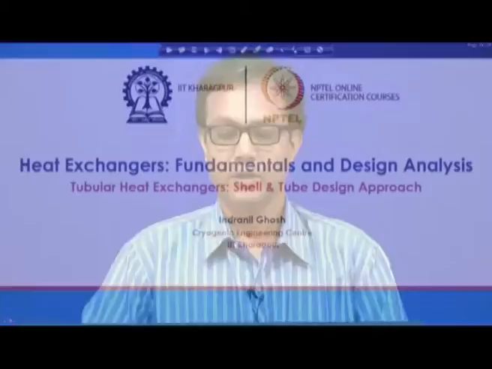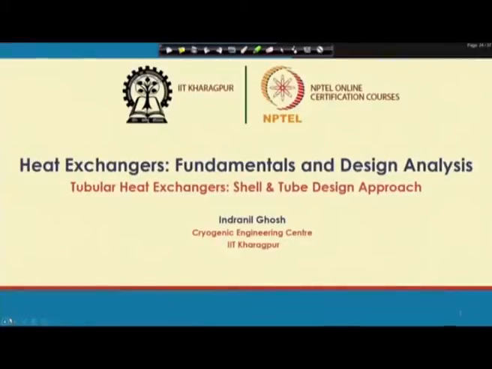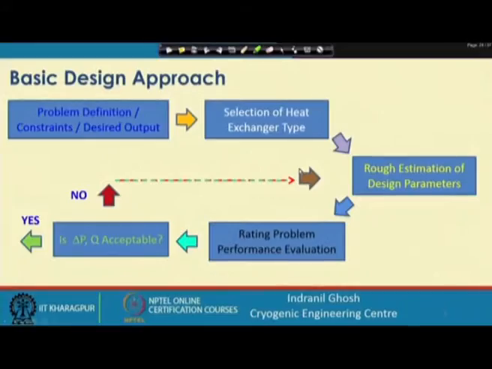In this lecture, we are trying to explain the shell and tube design approach in detail. You may remember in the last lecture, we talked about the shell and tube heat exchanger design approach, and here with an example we will try to elaborate the same. Now, just to recapitulate what we talked about in the last class,